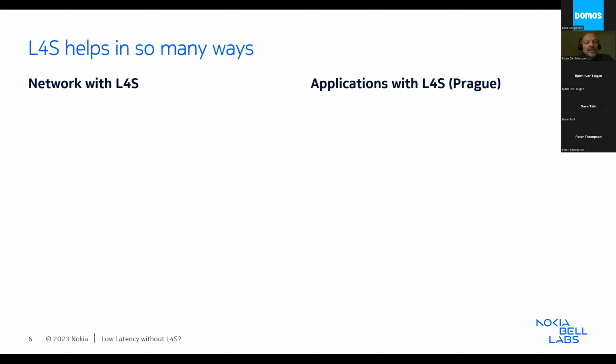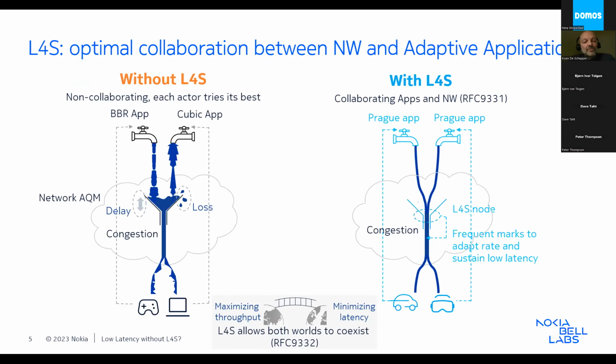So there are many ways to make both coexist on the internet. For instance, RFC 9332, which defines a dual queue coupled AQM, is actually only one of the options. In the IETF, it was made sure that a completely unmanaged internet service would work correctly and properly, but definitely never let anyone tell you that your whole network needs to be upgraded with coupled dual queues. That really doesn't make sense.